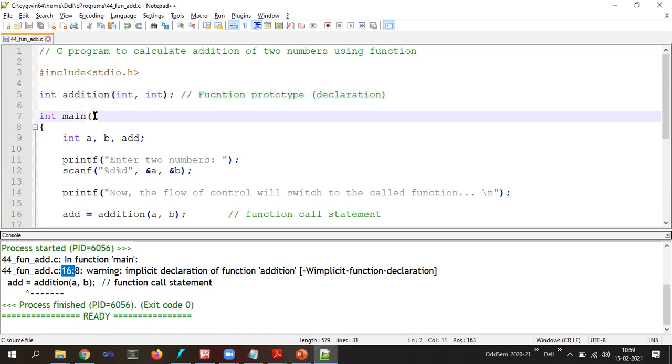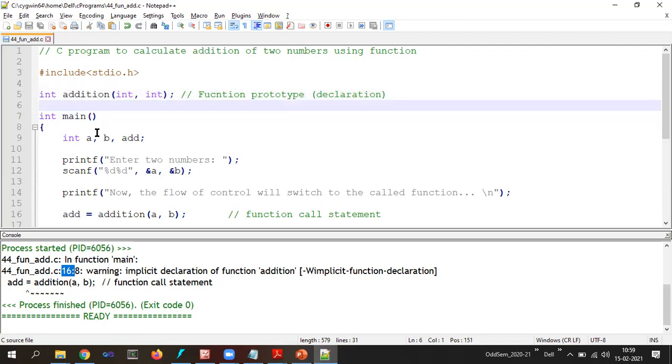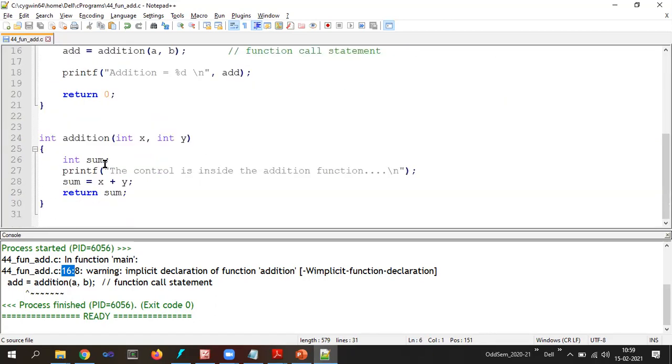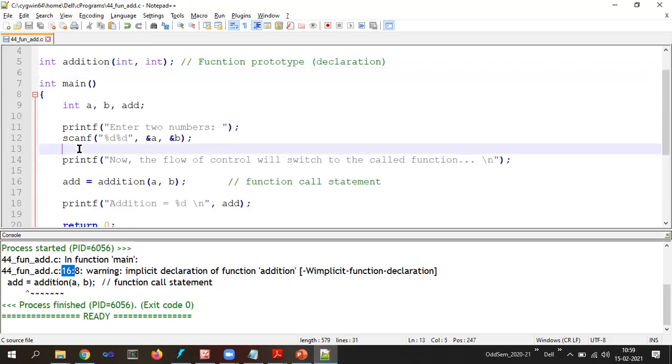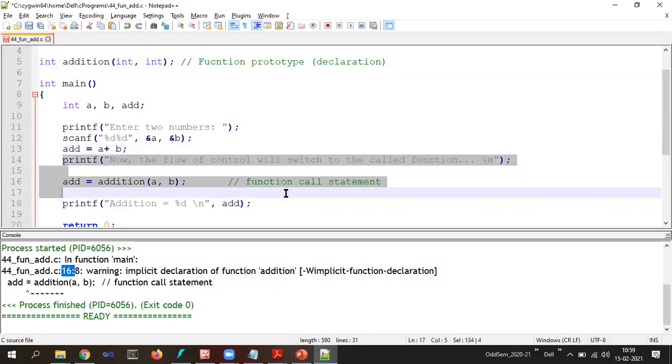Okay, now you may ask, sir, we are writing a program to add two numbers, right? Why do I need to write these many lines? I can simply write add equal to A plus B, and then I can get rid of all these things and it will calculate. Why are we writing these many lines? Why are we making it complicated? Do you think so? Right? Okay. Now, the answer for this is